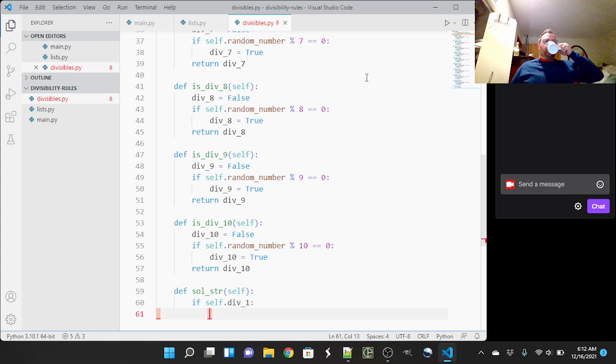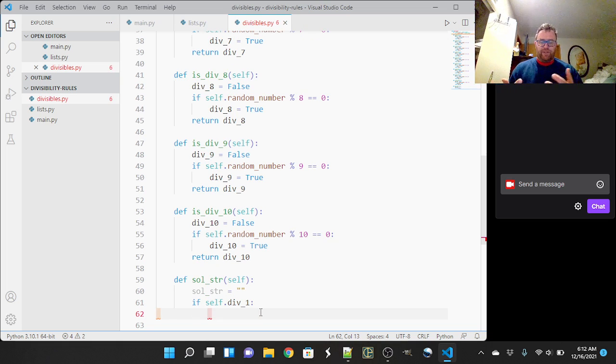So yeah, okay, we're going to concatenate. Let's do that. So we'll say solution string equals an empty string, and if this is true, we'll say